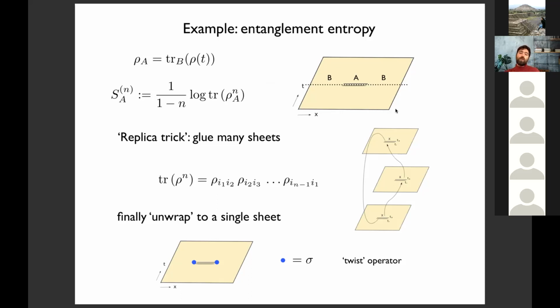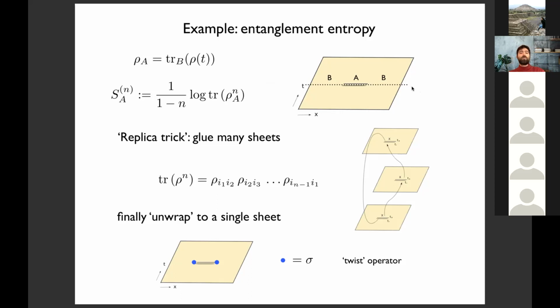First, I have to tell you what I want to compute. The universe has 2 dimensions, time and space. Quantization happens at equal time. You have to foliate the space-time with slices that you call constant time, which is this dotted line. And that defines a global density matrix